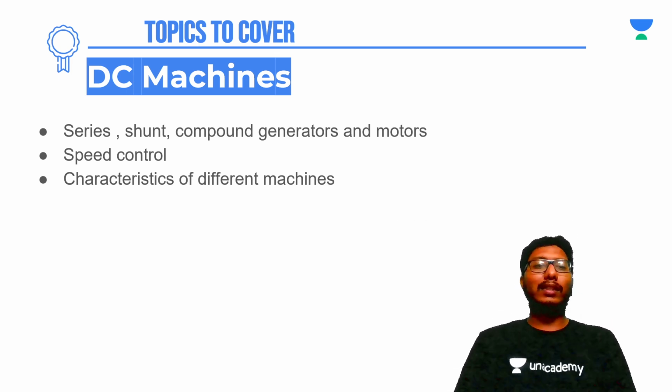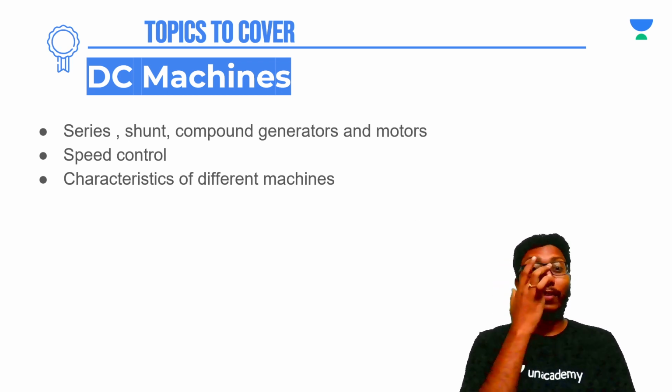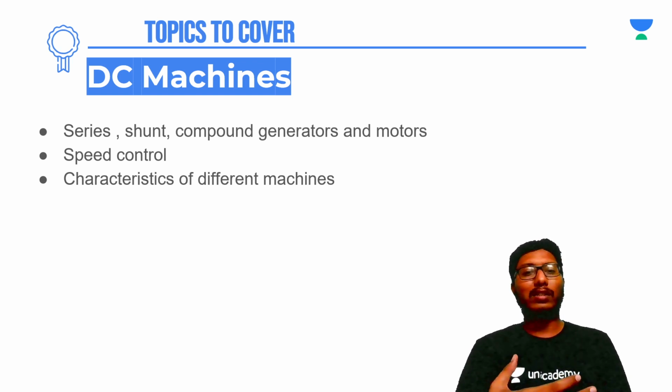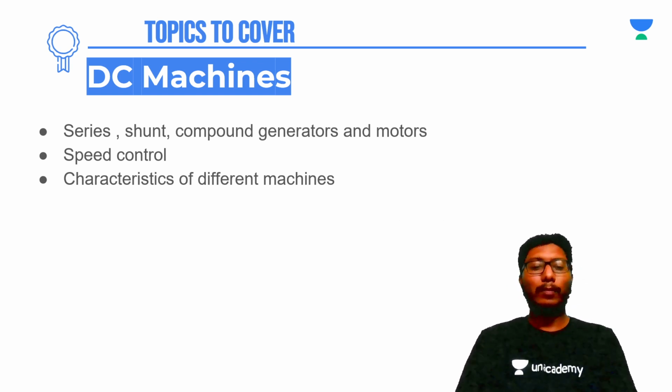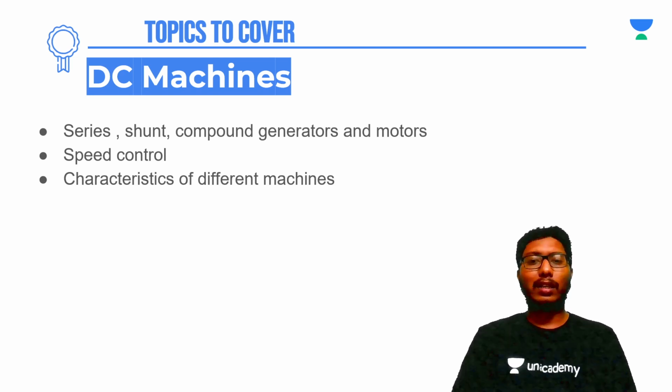Now, the classification of DC machines is very important for the examination. There are different types of DC machines, that is separately excited and self-excited. Self-excited will again have shunt connection and series connection. Compound will have long shunt and short shunt. You should know the difference between long shunt and short shunt. Basically, series and shunt everyone knows, but with long shunt and short shunt there are chances of committing mistakes. Once you know the circuit diagrams of all these machines, then it's just your knowledge of electric circuits that kicks in, and you can use the basic KVL and KCL to find out whatever losses and quantities are asked in the examination with respect to